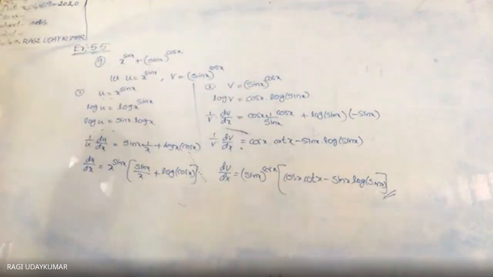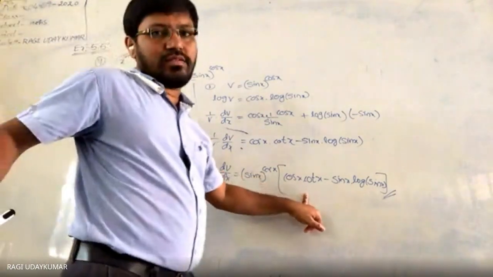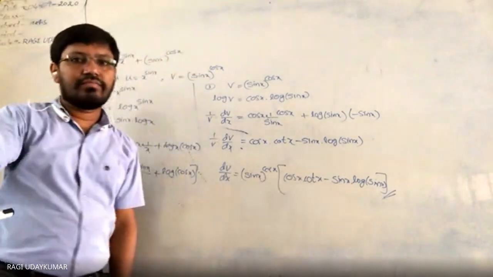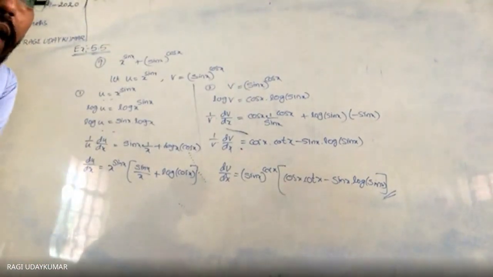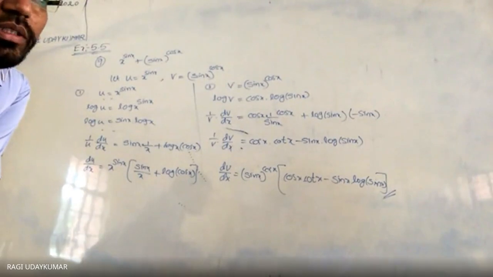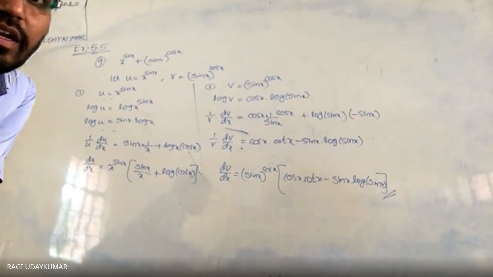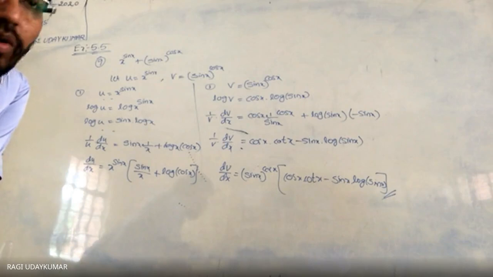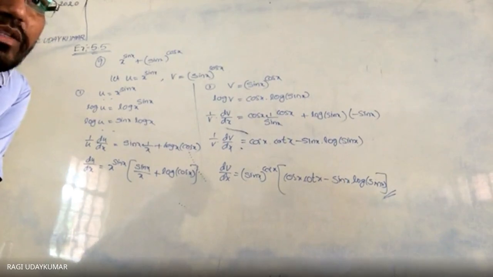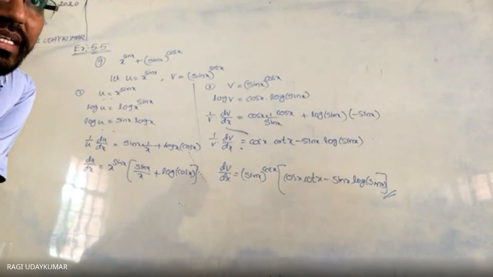And it is not the final answer. Both are to be summed, so this one plus this one will be the final answer. Did you understand? And in the 10th, x power cos x, one is left: x power cos x plus x square plus 1 by x square minus 1. This is also in a similar way.